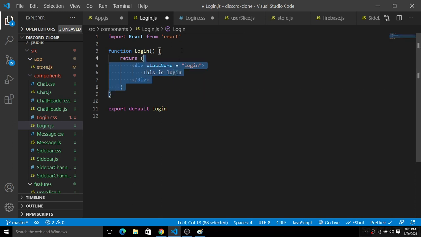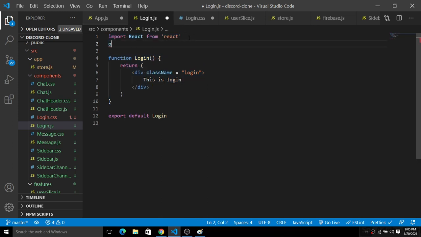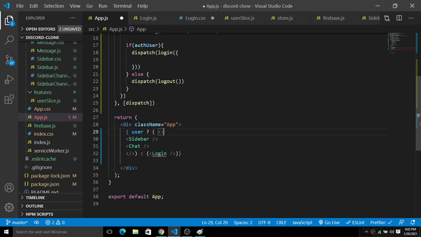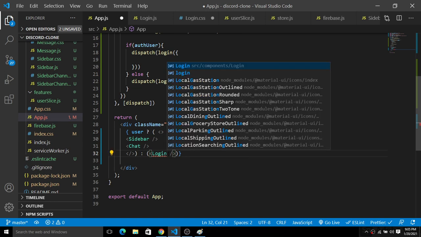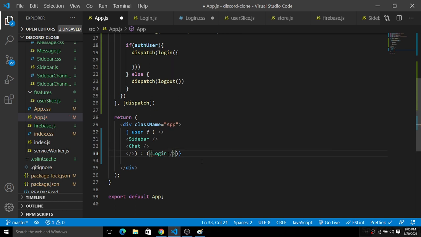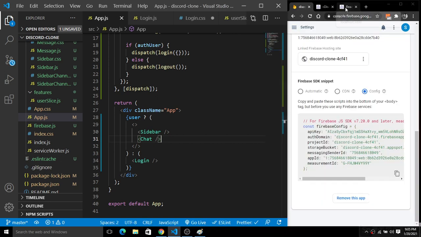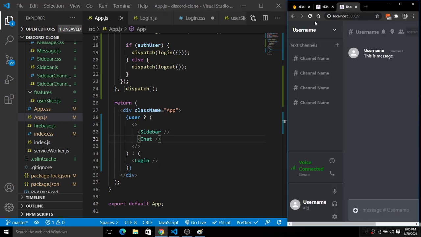Got it? Now for using this, I'm going to simply import this login.css. So import login.css. Fine. Now save this. Go back to your app.js here, because we have this login. So simply import the login from the source components. So simply click okay. So we have this login. Now save this. Go back. Okay, make it a bit smaller. Okay. Now next we have this deployed version here. So you can see here on refreshing, you will see.